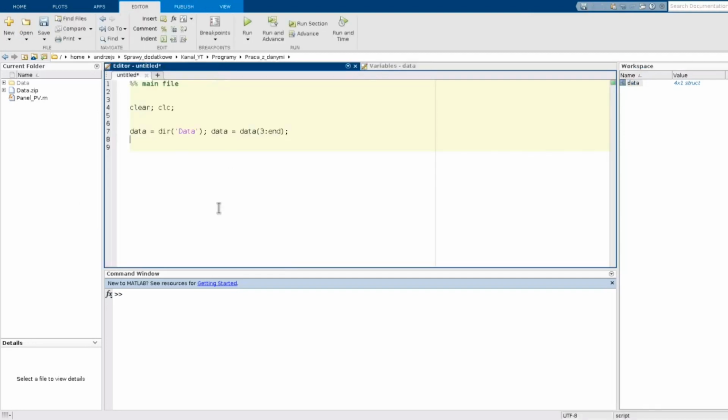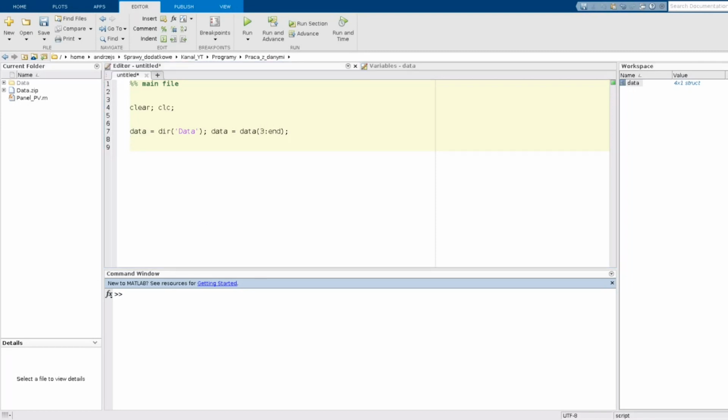So now my idea is to go through this table of structures and create an object of my class, which I will define, for each set of data. And in this object, I will have methods to preprocess data and to work with them. Okay, so now let's start work with our class definition.